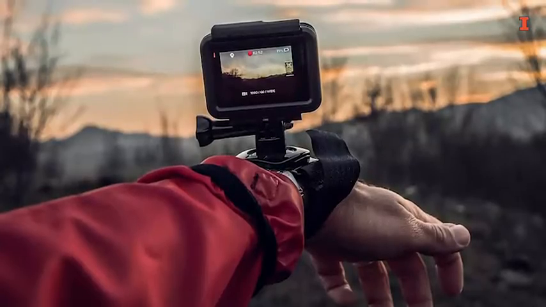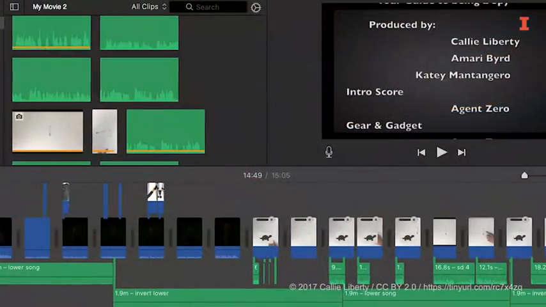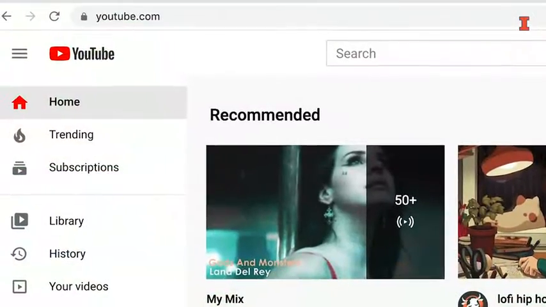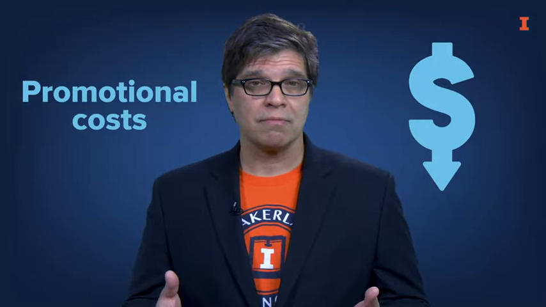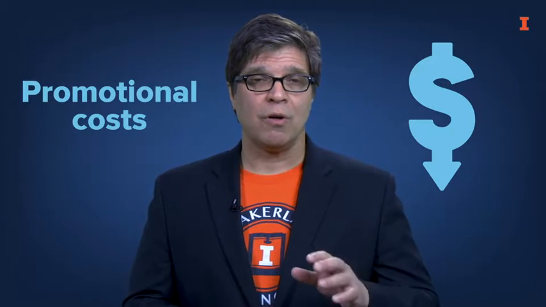The rise of new digital tools has dramatically changed this equation. Low-cost digital video cameras, free digital editing software, and online broadcasting platforms like YouTube, Facebook, and Twitter have made the creation and dissemination of promotional messages much cheaper and easier than ever before. As a result, a growing number of firms are taking advantage of these developments to reduce their promotional costs. For example, the US beer Old Milwaukee has dramatically reduced its promotional cost by airing their ads on YouTube instead